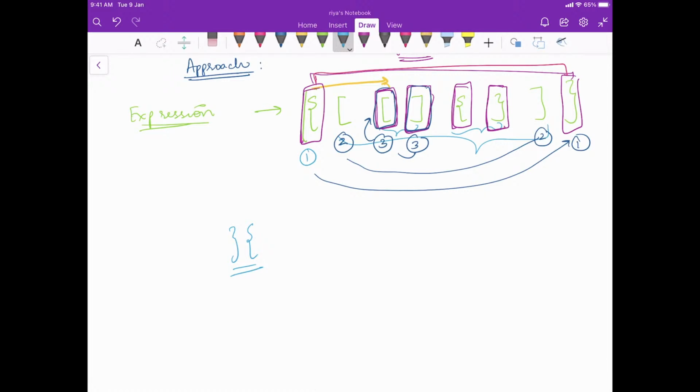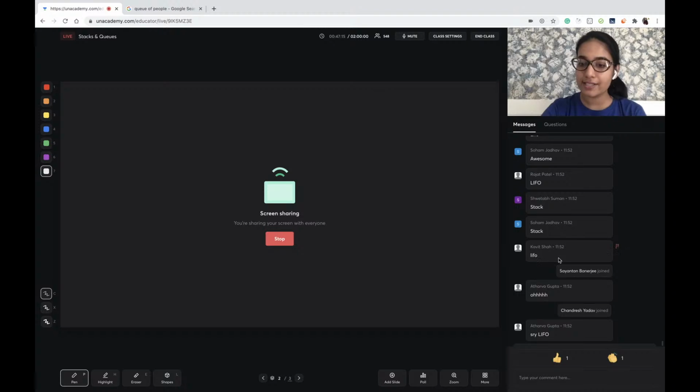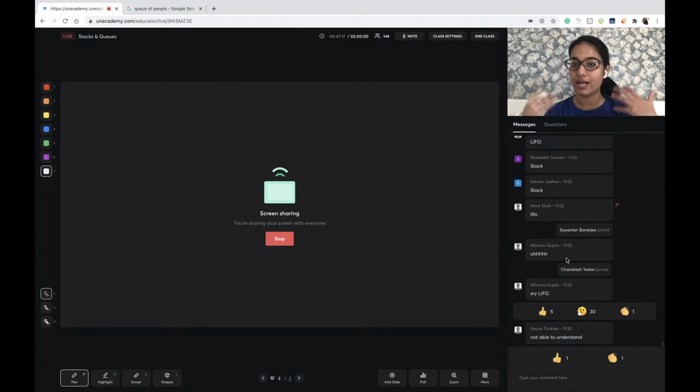Why? Because first you are going to have an open bracket, then you are going to have a closed bracket. Think of it in real life scenarios. If it is a kind of a structure, this cannot be valid, correct? And this is how you are going to visualize it.